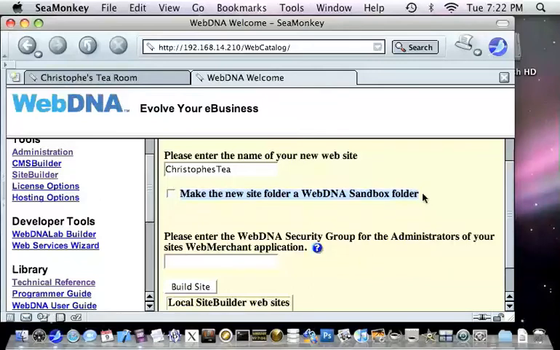Good point. Okay, so we have the option of putting the Site Builder store or site within a WebDNA sandbox. A sandbox is generally an ISP type of feature, Internet Service Provider type of feature, that's used to give a group of websites or content the ability to have their own administration pages. For this particular project, we won't necessarily have to create a sandbox folder. It's just an option to sort of separate